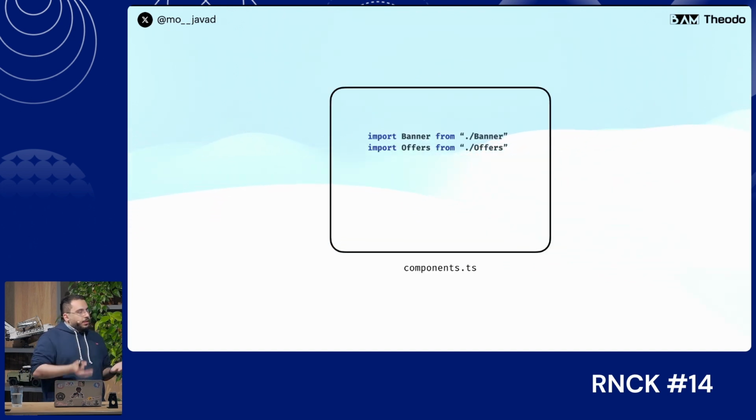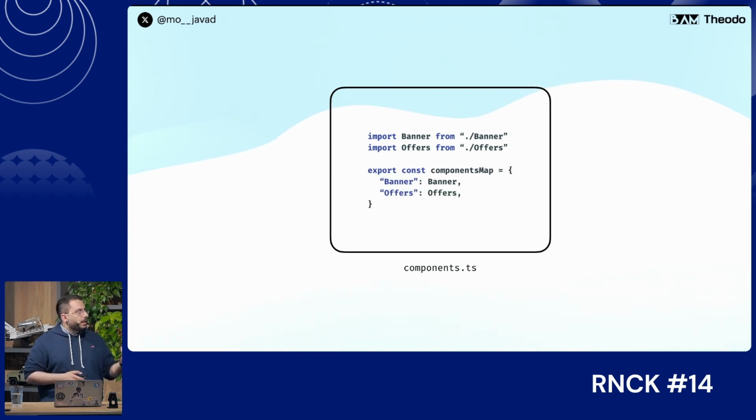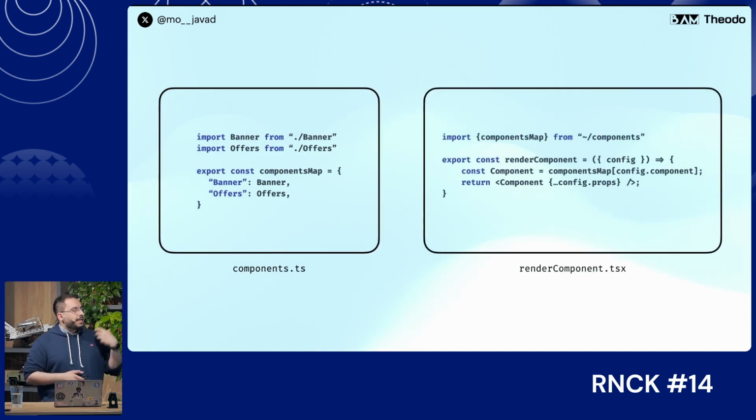Now, what this would look like in our code, and this is a very basic example, this isn't something that's production ready, but just to get the fundamentals down, is that you would have a map from the components that are coming from the server, mapping to a specific component that's within your code base. So you would say, when the server gives me a string called banner, I'm talking about this specific banner component in my code base. Offers, this specific offers, and so on and so forth. And then you create almost a dynamic rendering function where it can use that components map to take a config object that's coming from your server, whether that's a CMS or an API endpoint,